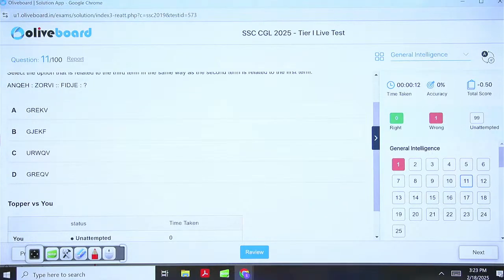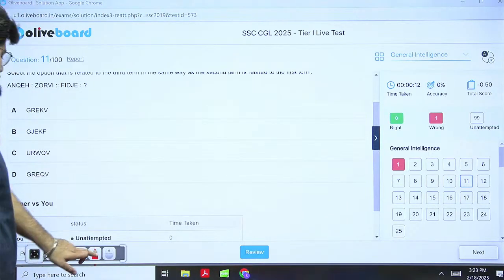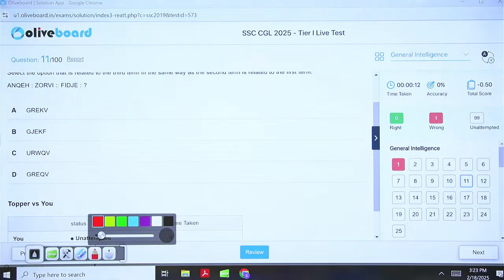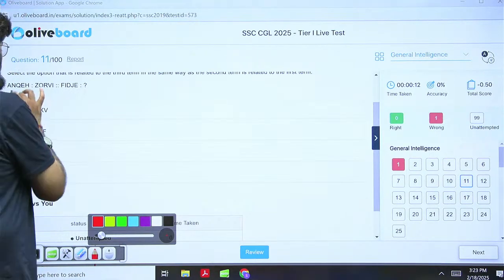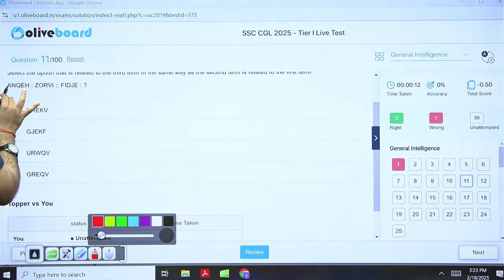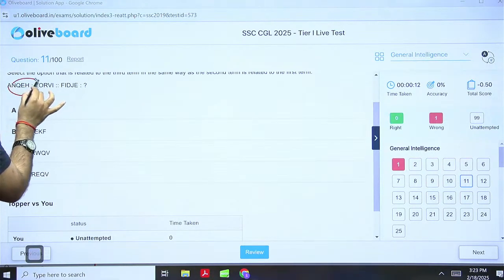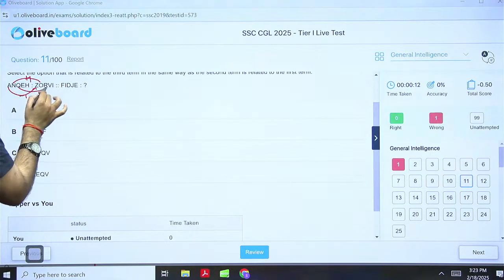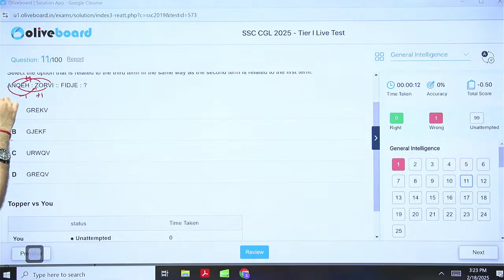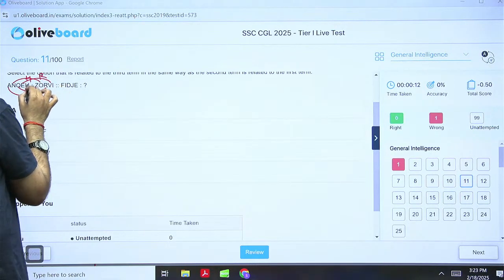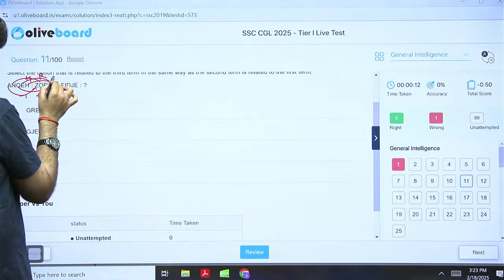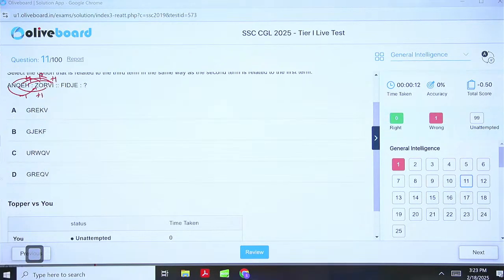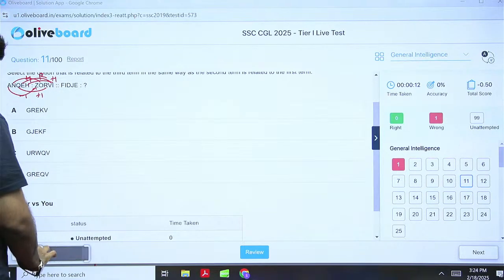Analogy, coding based. Okay, now let's look at the options here. So what is happening? A and Z, minus 1, N and O plus 1, Q and R plus 1, E and V are going reverse, and H and I plus 1. So minus 1, maybe this is reverse. Can it be reverse? Okay. There is a possibility that rather than minus 1, I am not very sure, I am just giving it a shot,